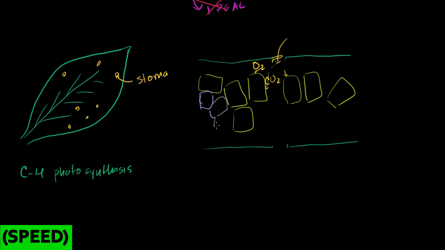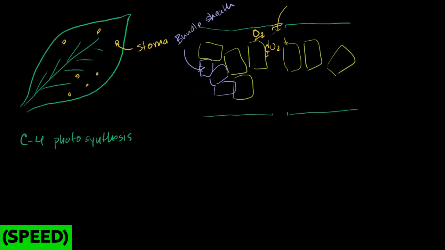So you have these other cells that are more embedded. They don't have direct access to the air. So these are bundle sheath cells. Bundle sheath. And what these plants do is the carbon dioxide comes in. So in the standard Calvin cycle, everything happens in the mesophyll cells, and you have to deal with photorespiration. In your C4 plants, or your plants performing C4 photosynthesis, what happens is that the carbon dioxide comes in. So this is in the mesophyll cell. Let me be neat about it. So in our mesophyll cell, that's that right there, you have CO2 coming in, and it reacts,